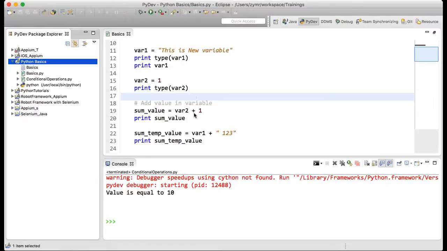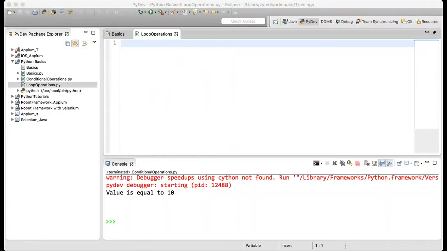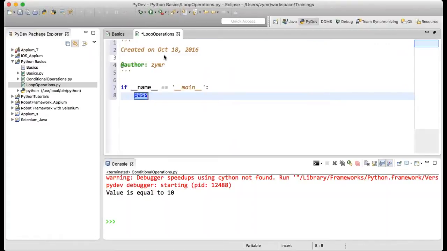Again I will select a PyDev module and name it loop operations. I don't have to give .py here because I have selected a PyDev Python module, so it will create a simple py file for me. Again I will select a main class here.